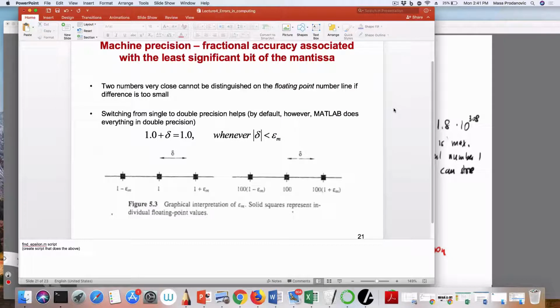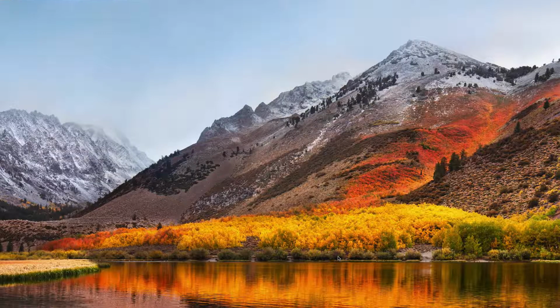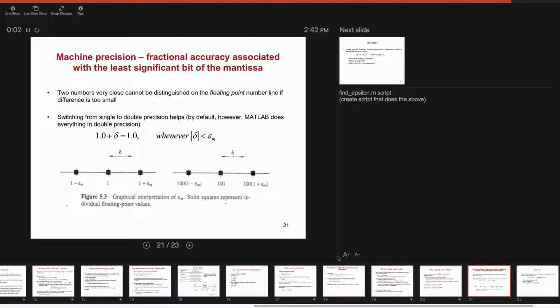So let's do a very quick exercise on what's called machine precision. This is going to be in Python. We're going to now start with actual numerical analysis and examples, and each and every one we're going to implement in Python. Next time, not on Wednesday, we're going to have a review class, but on Friday we're going to start with